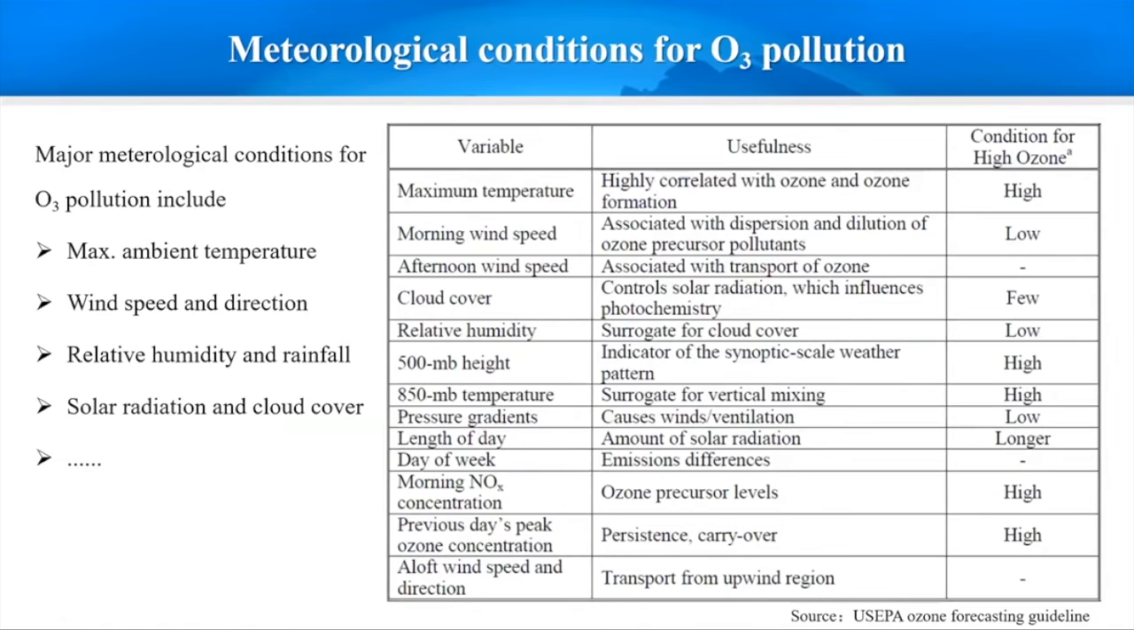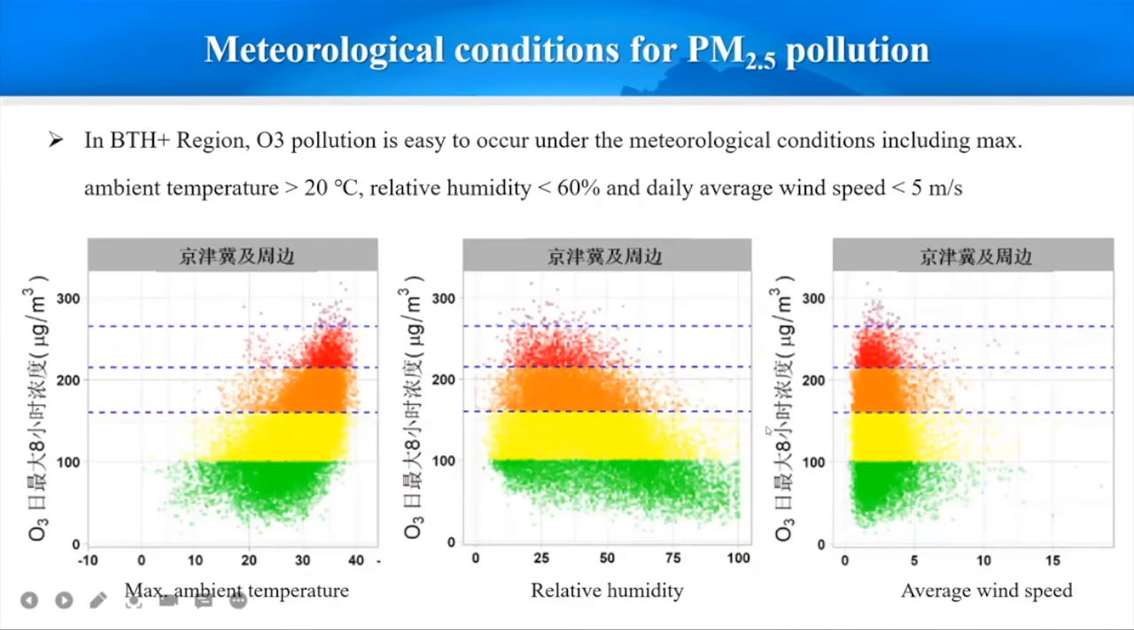And for ozone pollution, the meteorological conditions which play the key role are different. For example, the maximum ambient temperature, wind speed and direction, relative humidity and rainfall, solar radiation, and cloud cover play the key role in causing ozone pollution, and this is from the US EPA ozone forecasting guideline. In this chart, we also did some statistics of ozone concentration with these key meteorological